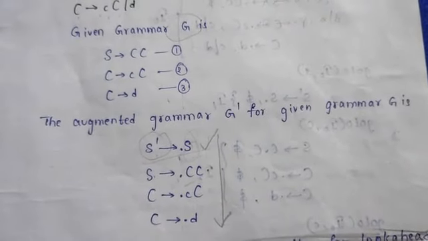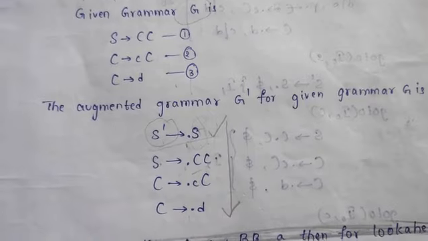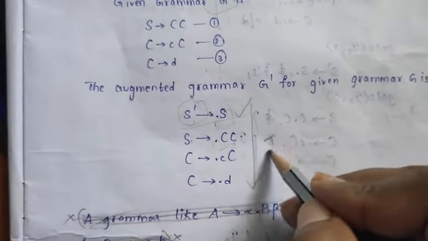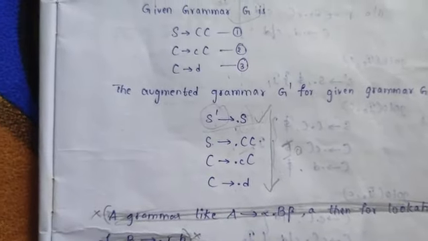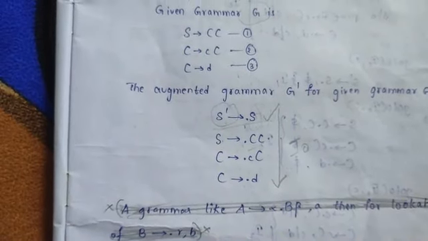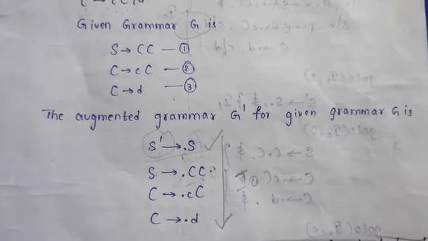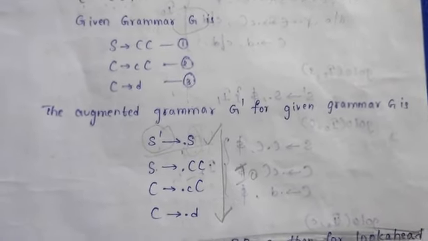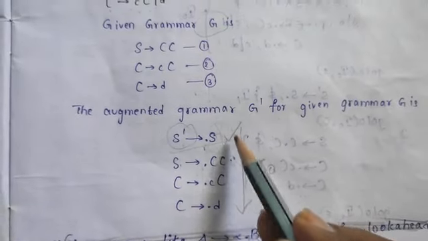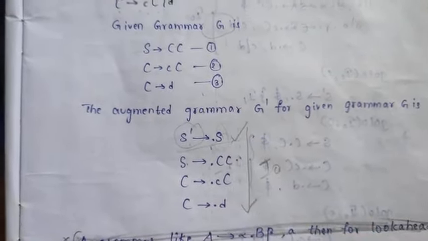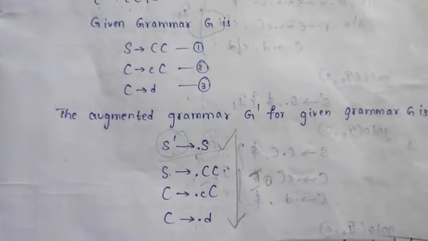Now this is not SLR. If it is SLR, we would continue: let's consider this as I naught and continue the dot moving process, and we'll get new states. Like that we'll proceed. But here in CLR we need to add one look ahead for every production. So first we need to find the look aheads for every production, then we'll go for the remaining process.